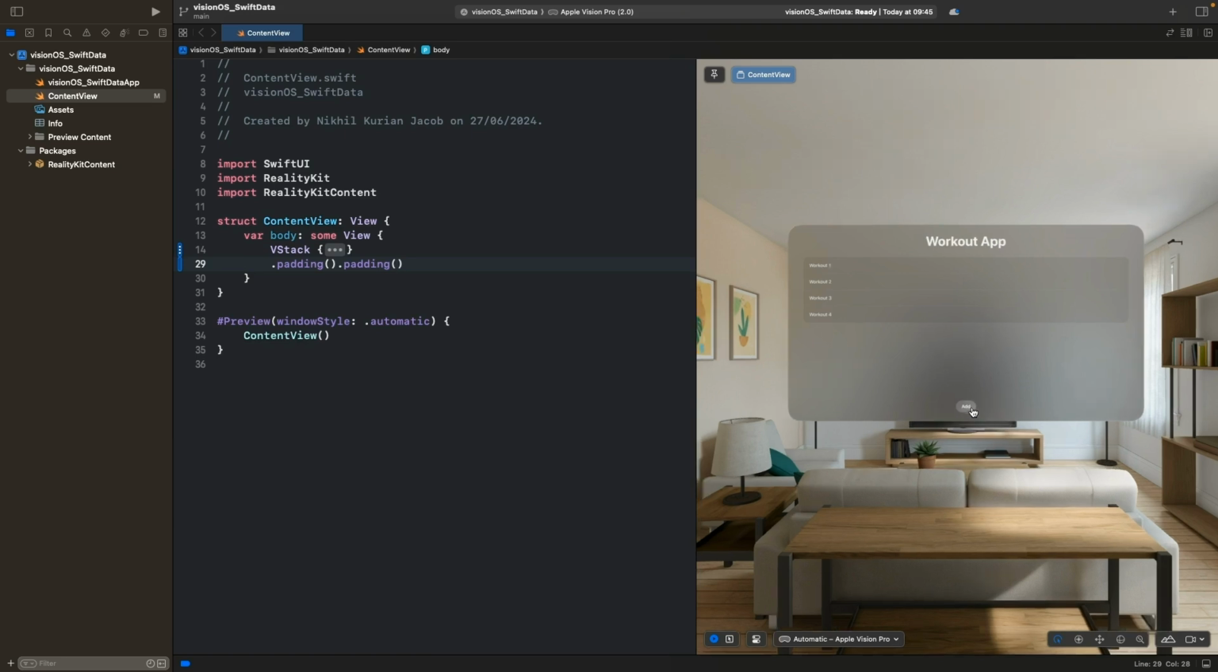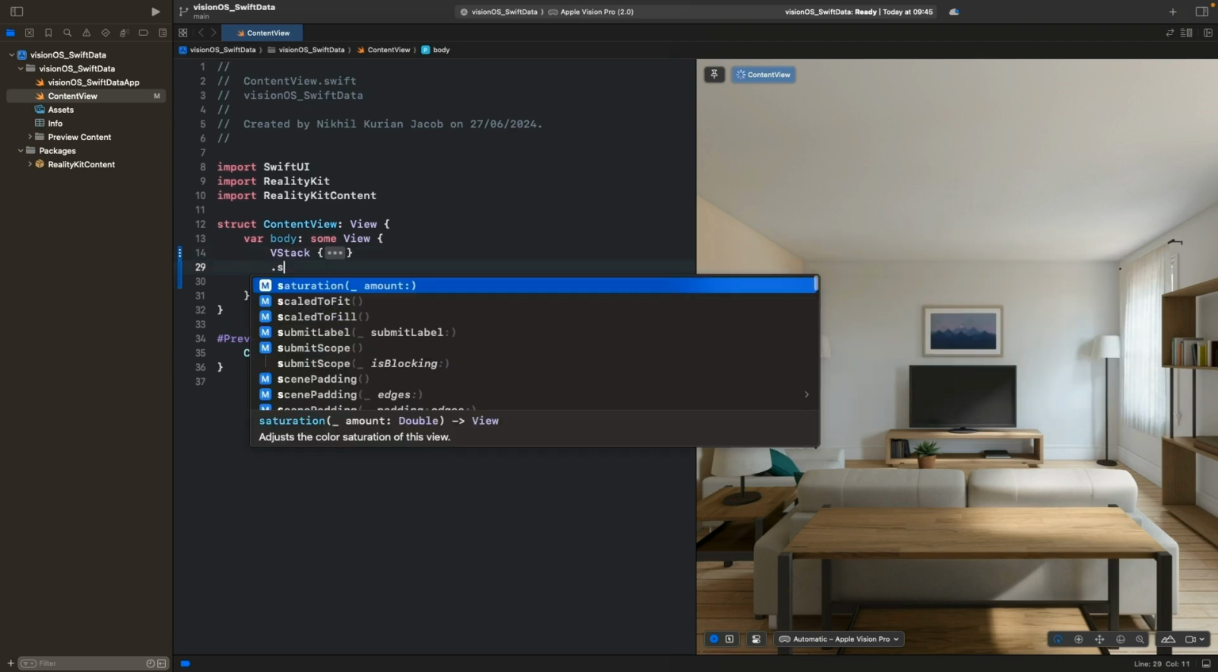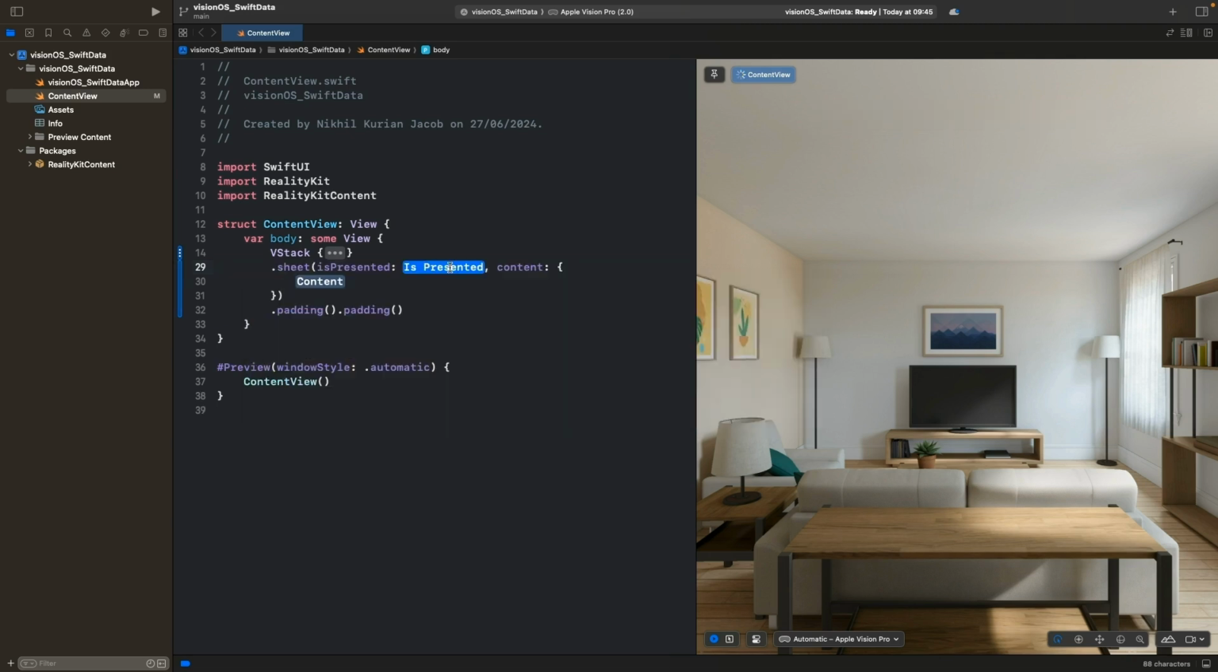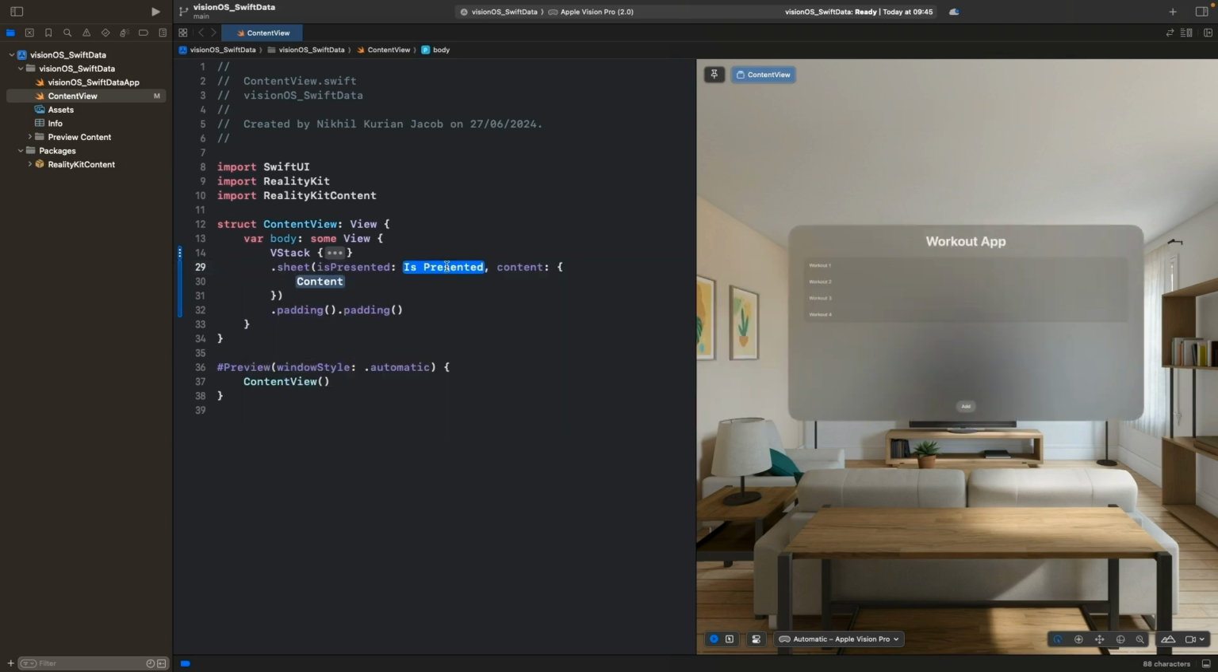So now what I want to do is when the user presses the add button, I want to show a modal view where the user could enter a new workout, and from there, the user could also save it in the database. Let's see how. So below the VStack, present a sheet. So this is the modifier that you use to present a modal view in SwiftUI. So here I'm going to use this option. So the isPresented guy would control whether the sheet is shown or not, and the content would be the content